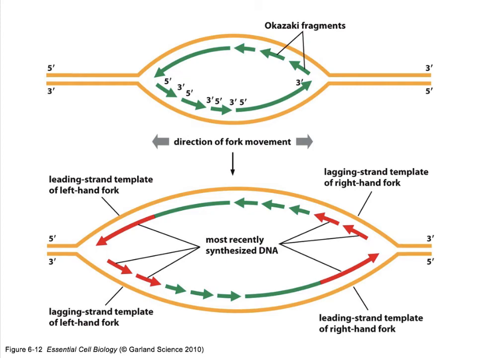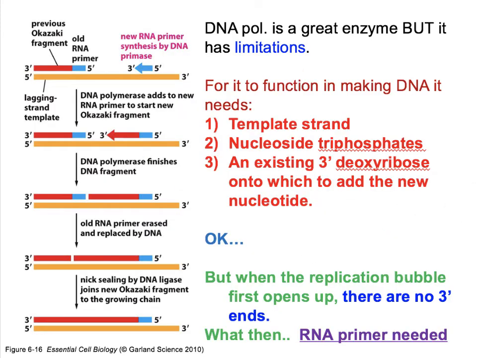If we zoom in onto the right fork and the top strand, we see that the situation presents itself with a biochemical challenge. As we were alerted to by the rules in Module 1, for DNA synthesis to take place, the DNA polymerase enzyme needs a template and a 3' end. However, as the fork opens up, there is no 3' end within that fork to which the DNA polymerase can add new nucleotides. So essentially, DNA replication cannot continue within a replication bubble. This is remedied by the